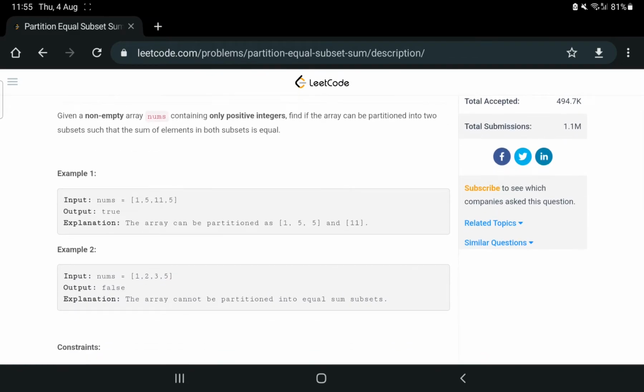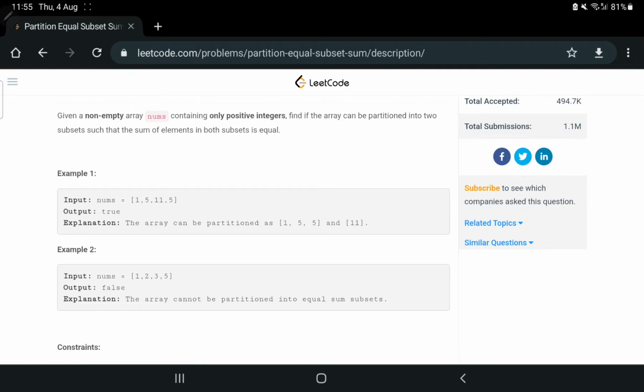The question is given like this: given a non-empty array nums, and it contains only positive integers, find if the array can be partitioned into two subsets such that the sum of elements in both the subsets is equal.